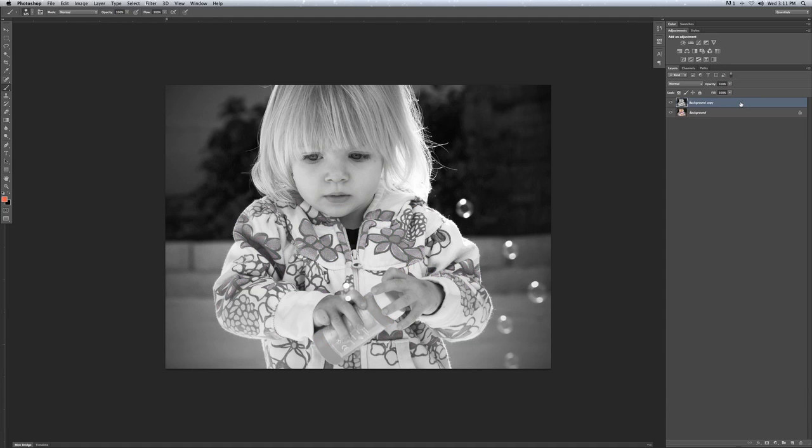You have your black and white image right here. Now this is going to take a bit more time, but it could be worth it. So you have your background, your black and white copy of the background. Going to create a layer mask. Again, this is all showing through. And now exactly how we did to remove the orange, now you're going to basically do it to remove the